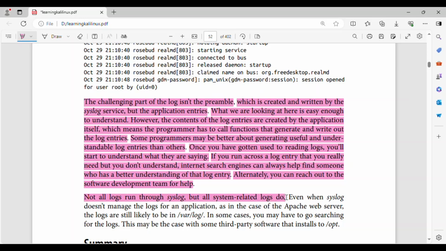Not all logs run through syslog, but all system-related logs do. Even when syslog doesn't manage the logs for an application, as in the case of the Apache web server, the logs are still likely to be in /var/log. In some cases, you may have to go searching for the logs. This may be the case with some third-party software that installs to